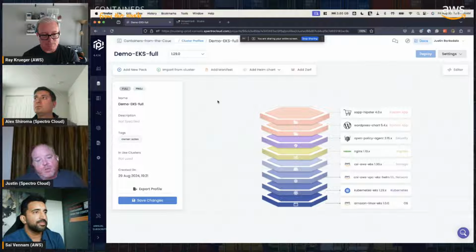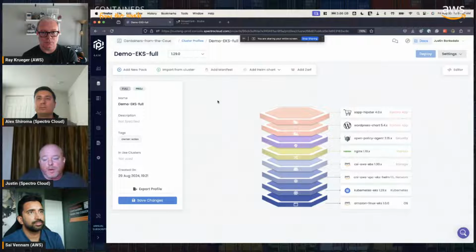And we see a lot of customers build in their pipeline. They'll say components of their product or their application that they're building and customizing become a pack and a pack version. And so when they release a new version of their particular component, that then creates a new pack that also creates a new profile snapshot so that they can have it all bundled and released as a product if that's how they choose. Other customers pick and choose: oh, I only want this version to be upgraded of this component, not the whole thing. So it is entirely up to how the customer wants to consume it, but giving them the flexibility is something that we strive for.